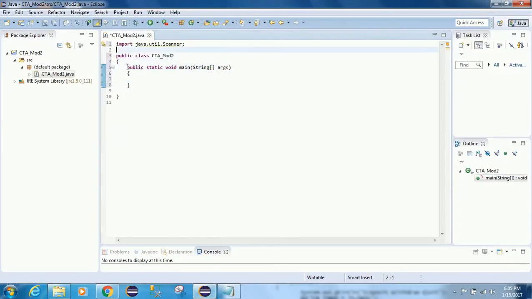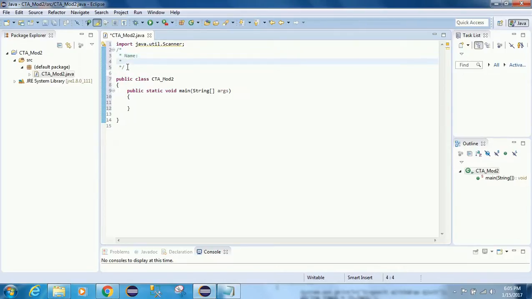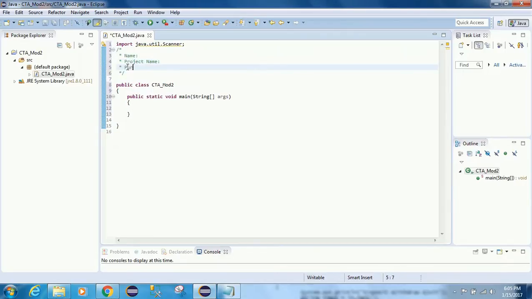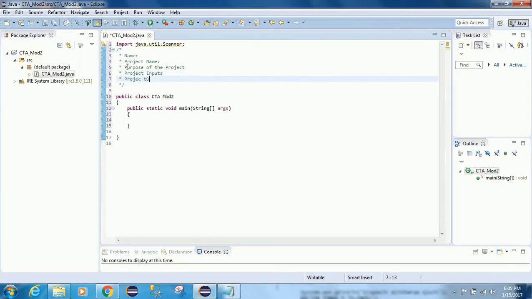Now, from here on out, I would like for you to start including some comments on your program. So wherever there's a main method in your program, I would like for you to include the following elements: your name, project name, purpose of the project, project inputs, project outputs,